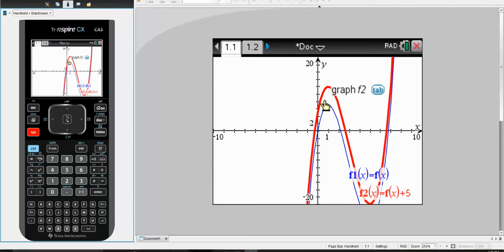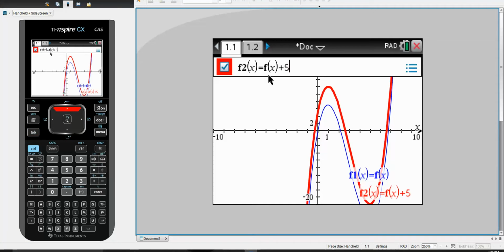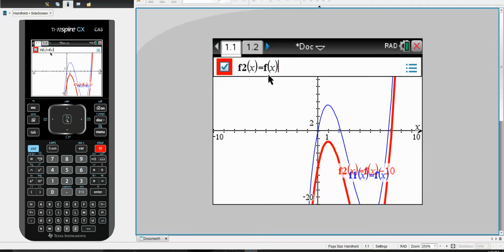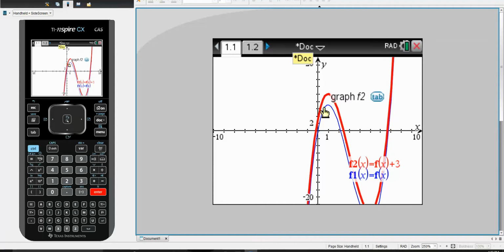Now, if I change the graph, let's do this. If I change the graph, instead of plus 5, watch, if I do minus 10. You see how it shifts the graph down? It's just taking the same graph and I'm just shifting it up or down. That's what W is. So, what you want is you want to make sure that the maximum, when I add,